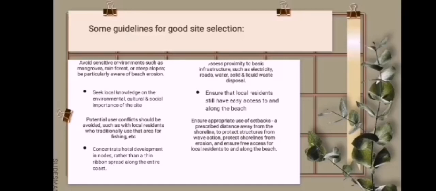Fourth, concentrate hotel development in nodes rather than a thin ribbon spread along the entire coast. The fifth is to assess proximity to basic infrastructure, such as electricity, roads, water, and solid and liquid waste disposal. Next is to ensure that local residents still have easy access to and along the beach. So this overall summarizes that we must ensure appropriate use of setbacks, a prescribed distance away from the shoreline, to protect structures from wave action, protect shorelines from erosion, and ensure free access for local residents to and